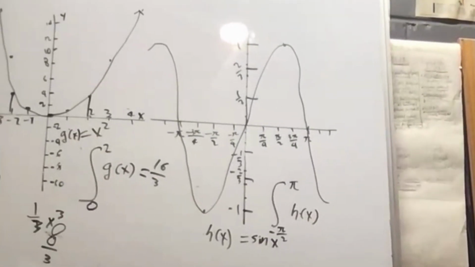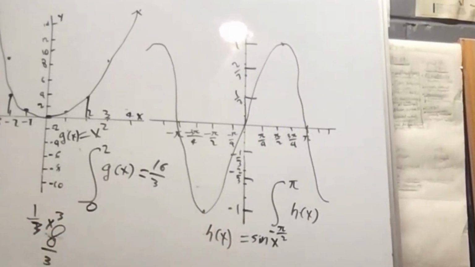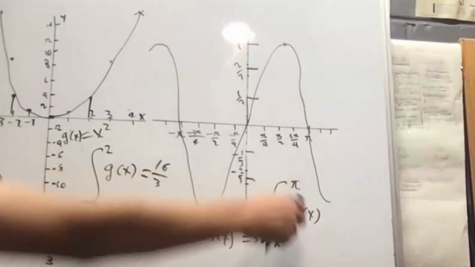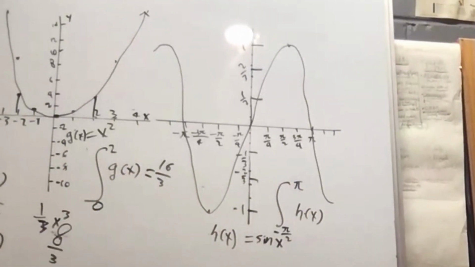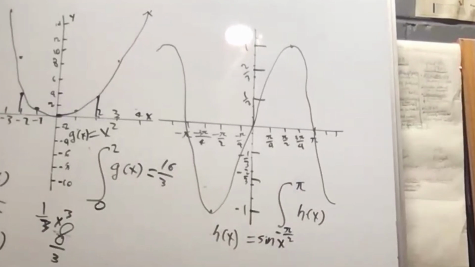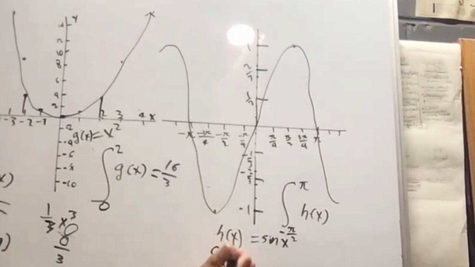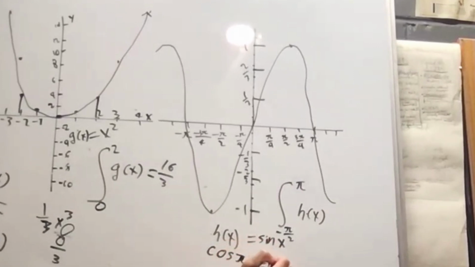Moving to the final example, we have the graph of h of x equals sine x. And we want to find the integral from -π/2 to pi. Now, using our formula from earlier, we calculate the antiderivative. So the antiderivative of sine needs to be known from previous knowledge, and it's cosine. So now we need to evaluate cosine pi minus cosine